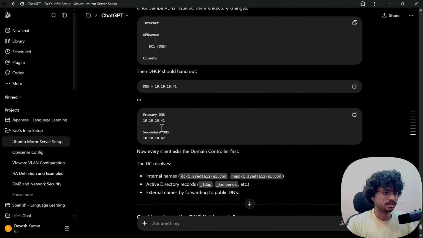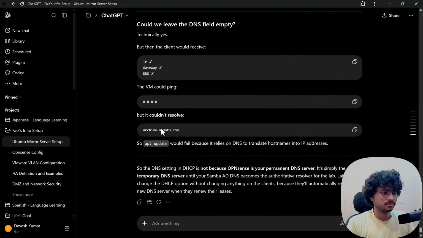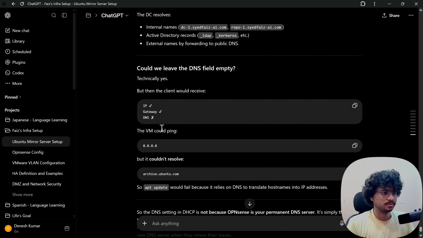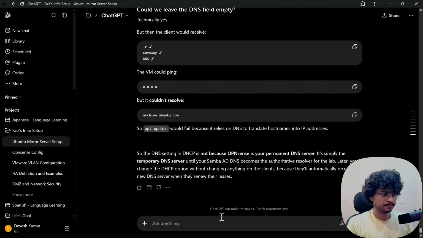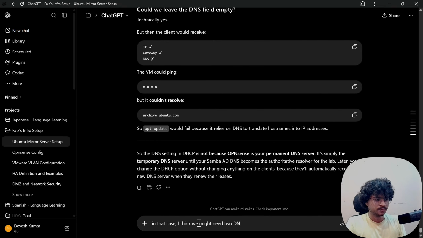DC1 DNS. It would not receive a DNS. The VM could ping, but it could not receive. You are right. In that case, I think we might need two DNS servers.